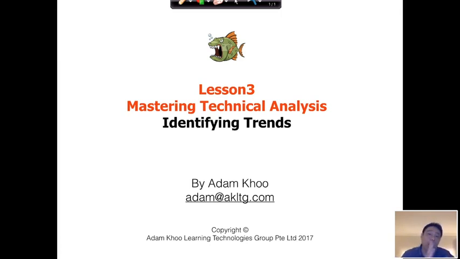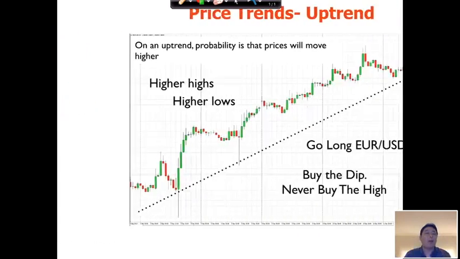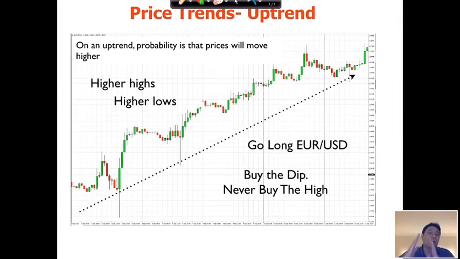You're going to make more money than you're going to lose as long as you follow the trend, which is going to result in a net profit. Because when a price is in a trend, the probability is that prices will continue to move in the direction. That's one of the laws of technical analysis. It's kind of like a river current, right? You always swim with the current. If you swim with the current, you've got a wind behind your sails,